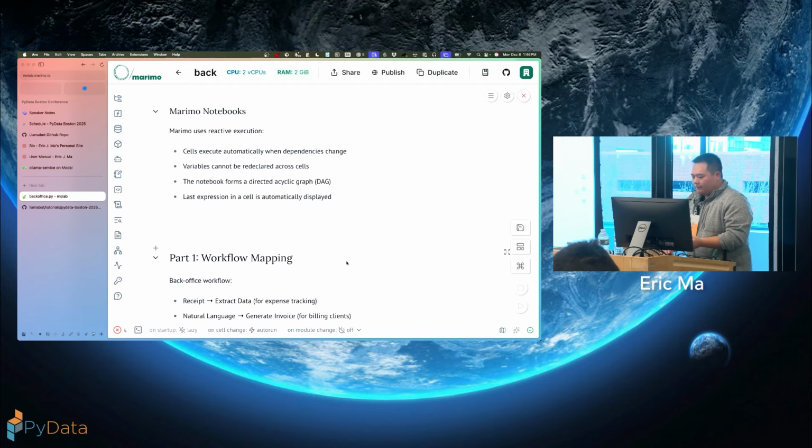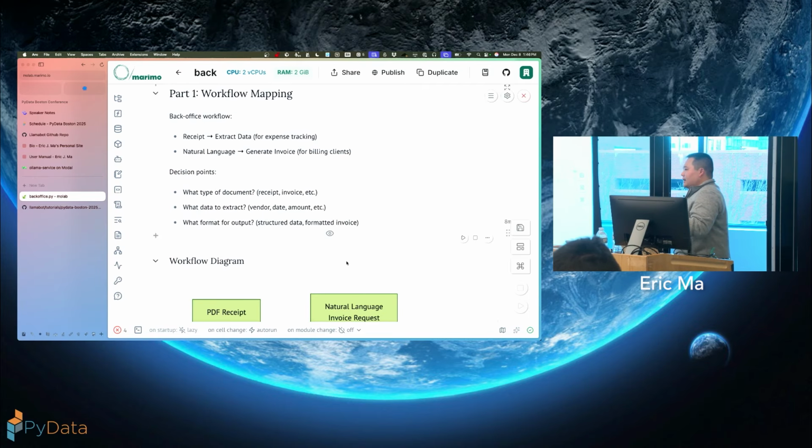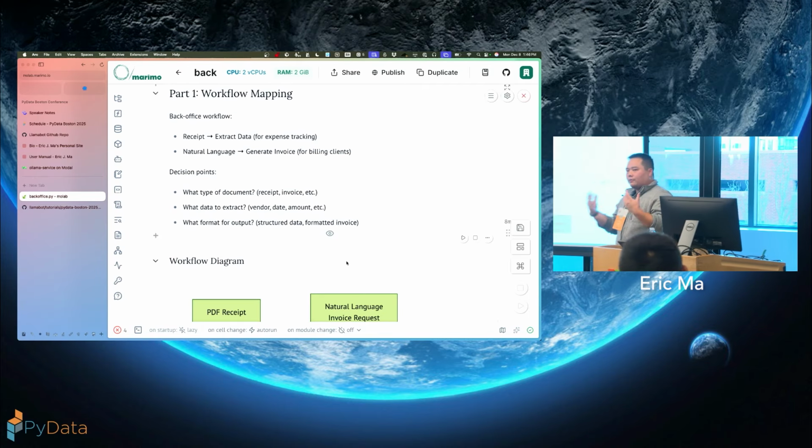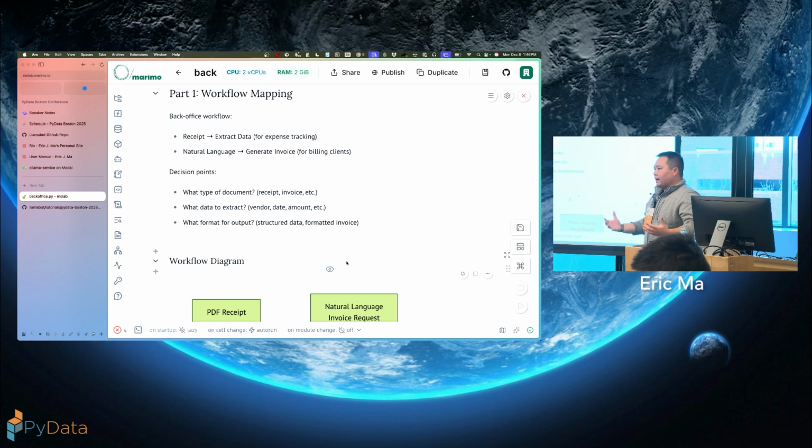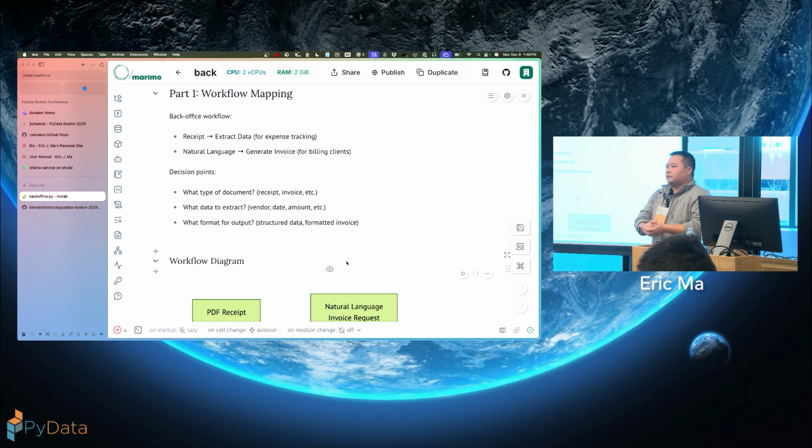So, when it comes to building LLM-powered applications, let's start with part 1. The first thing you want to do is treat it like traditional automation at first, right? You do not want to go in thinking, I'm going to build a chatbot. No. First, you want to isolate what are the workflows that